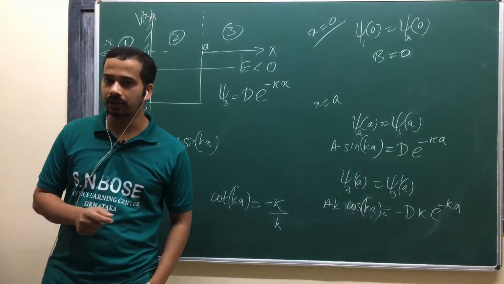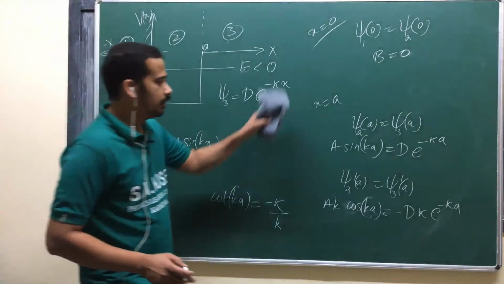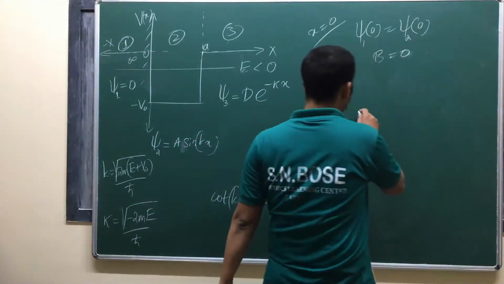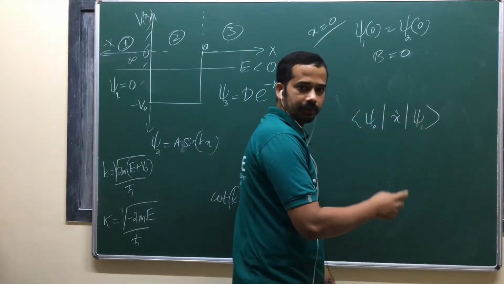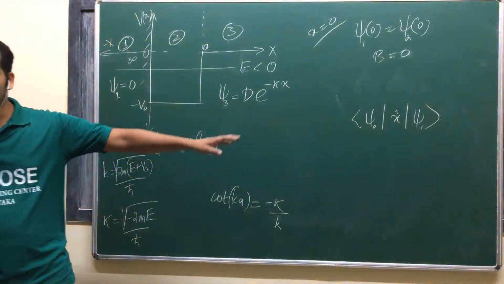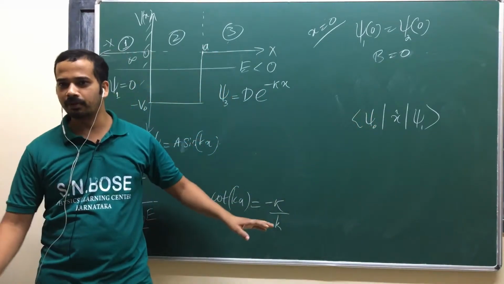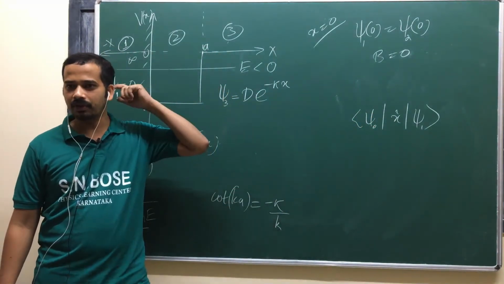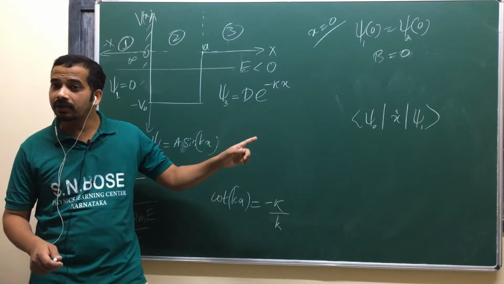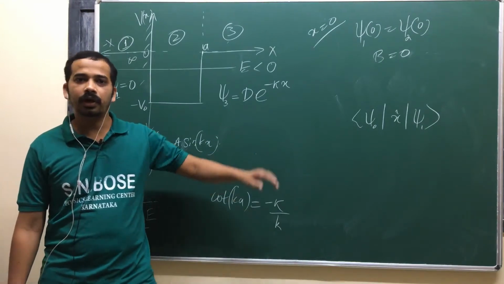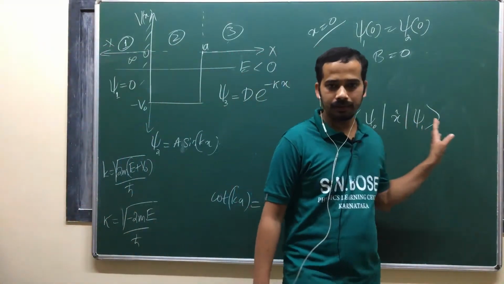There is one expectation of x, but expectation of x is 0 in the case of the harmonic oscillator, isn't it? What will happen is you will end up with one integral like this: psi naught x psi 1. This kind of integral will come. You apply the ladder operator because psi naught I suggested all of you to remember including normalization, isn't it? Psi 1 I didn't suggest, because it is very rare. But in this question it is required. Wherever this harmonic oscillator integral comes, you can use the ladder operator and solve that integral so that you can avoid psi 1 including the normalization factor.